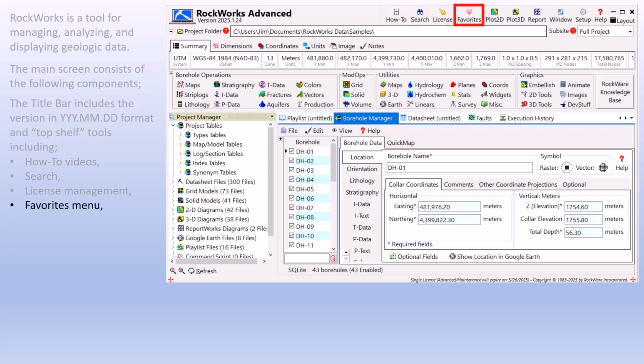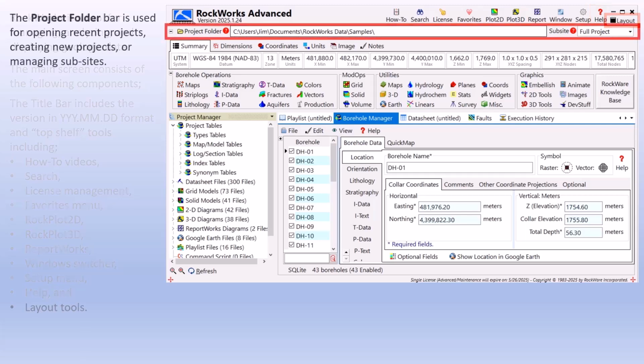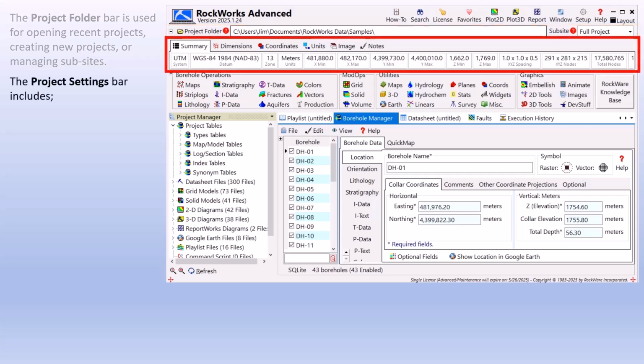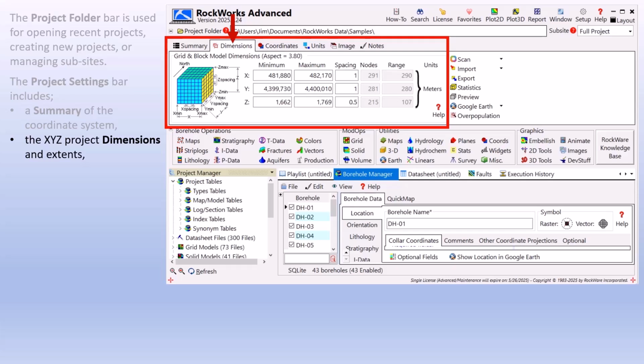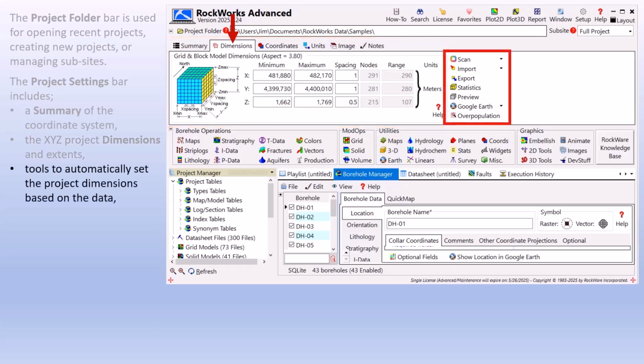management, favorites menu, RockPlot 2D, RockPlot 3D, ReportWorks, Windows Switcher, Setup menu, Help, and Layout tools. The project folder bar is used for opening recent projects, creating new projects, or managing subsites. The project settings bar includes a summary of the coordinate system, the XYZ project dimensions and extents, tools to automatically